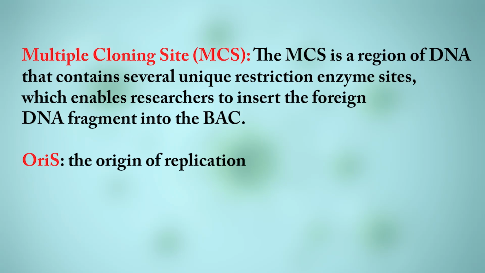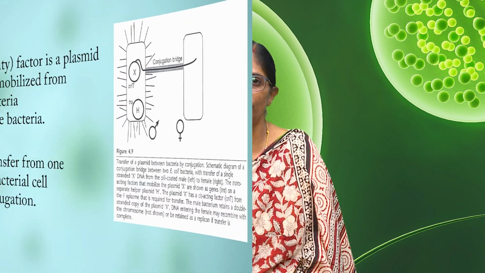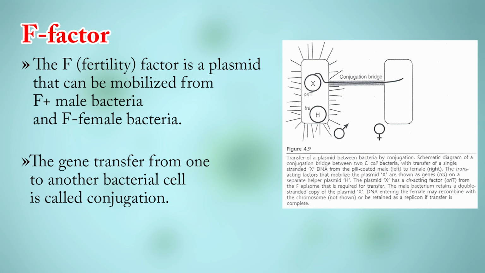And one more essential sequence is the origin of replication. So, it has a few new sequences from your conventional plasmid, that it also has the copy number controlling element, it also has the partitioning stability element along with the origin sites, multiple cloning sites and your selectable marker sites. So, the F factor plasmid is important, and this is the engineered version of the F factor plasmid,